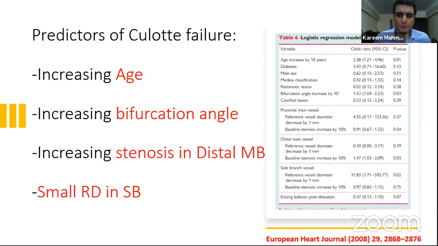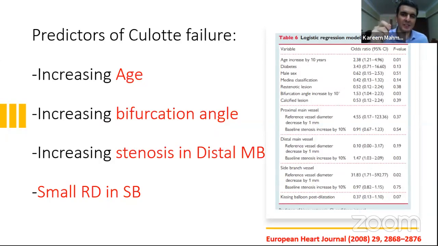Thank you, Dr. Tamer. Of course, if there is a mismatch between the side branch and the main branch, Culotte will not be an option, because this will lead to a very large discrepancy between the size of the distal and the proximal stent.